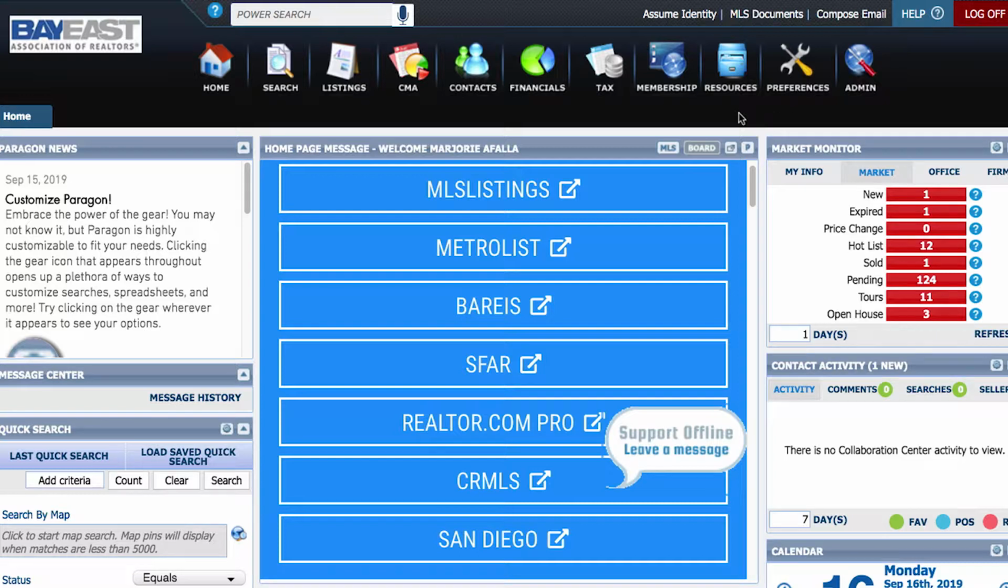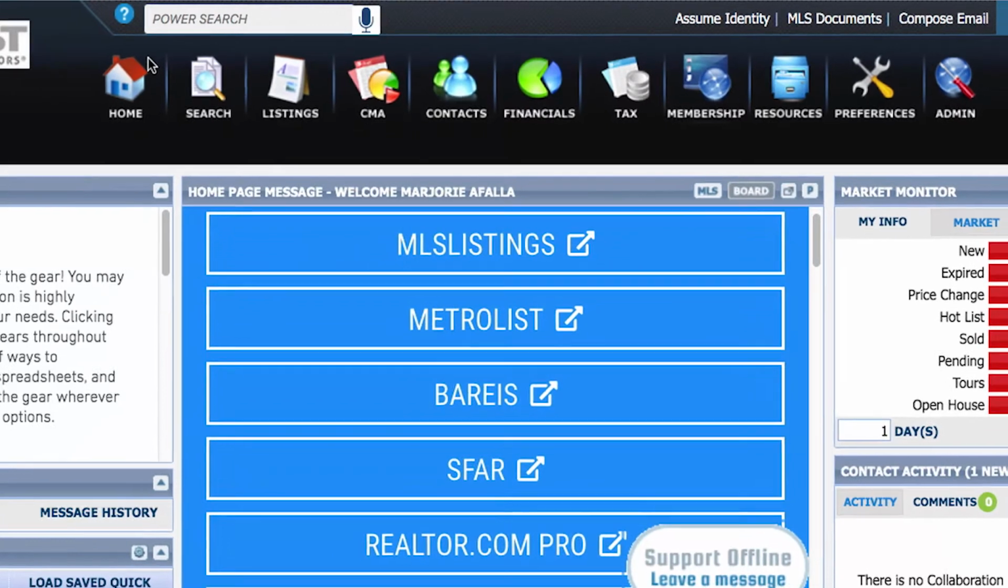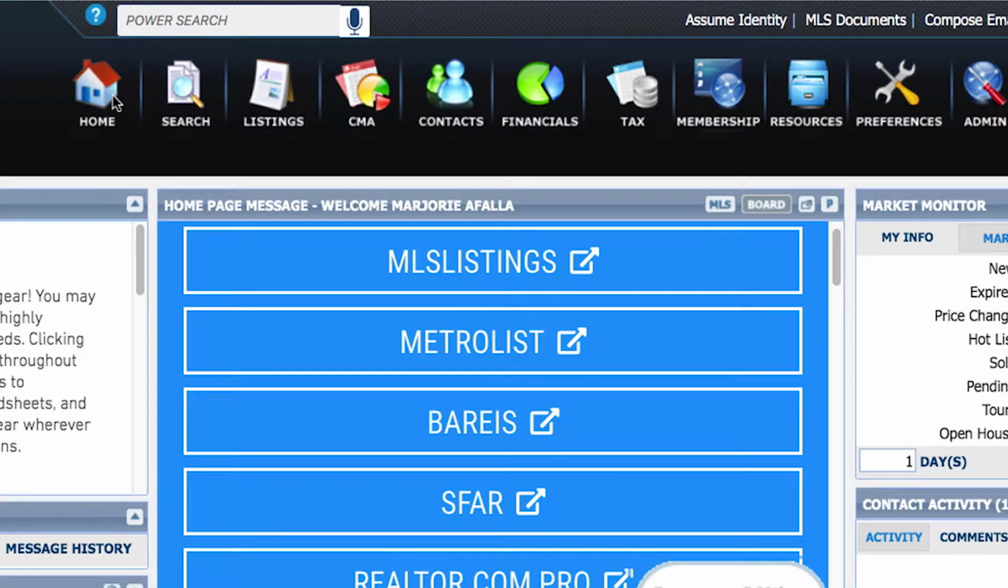If you see my little background right here, I have the option to change what the home icon looks like, the search icon, listings, CMA, contacts, financials, tax, etc. If you notice that this background is black, if you want to change the colors, you can click on Preferences,